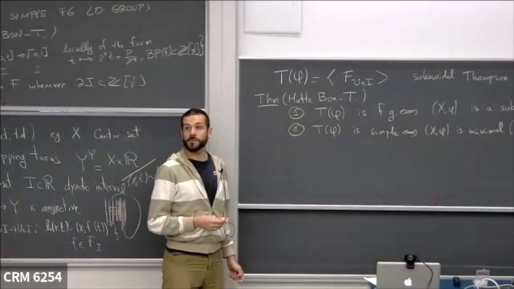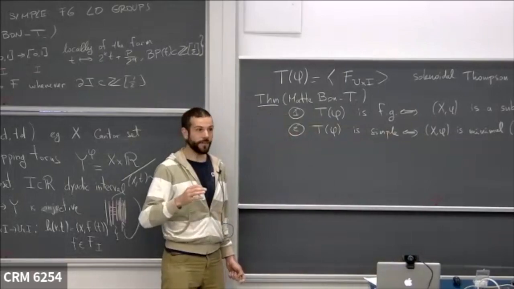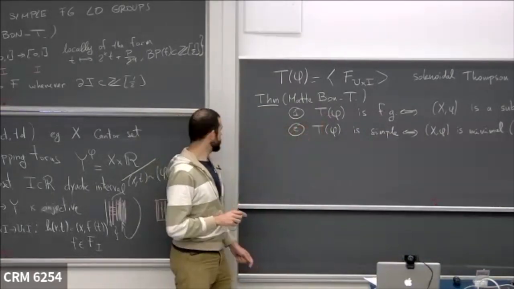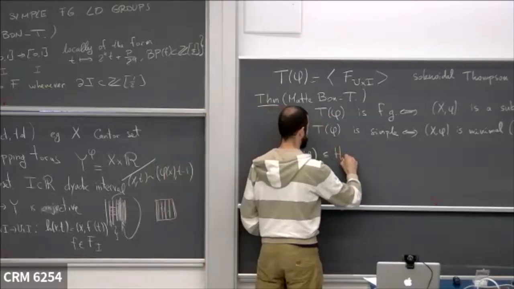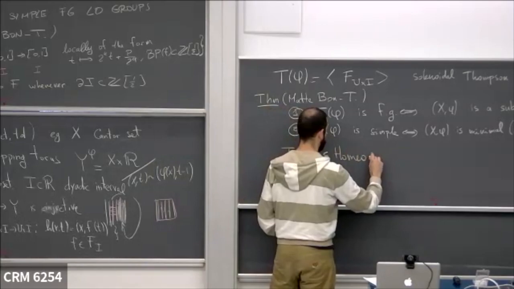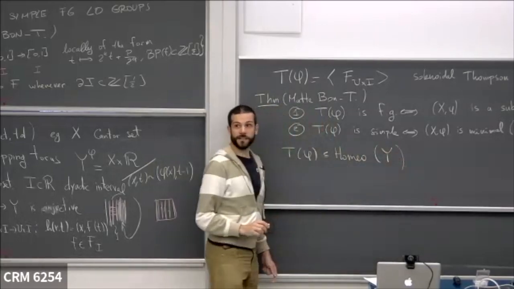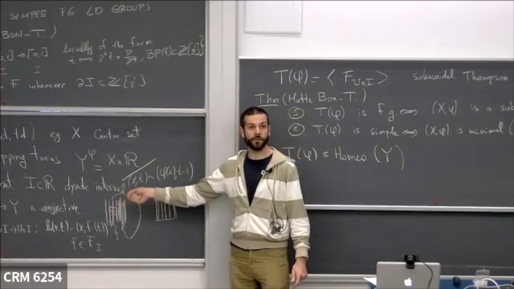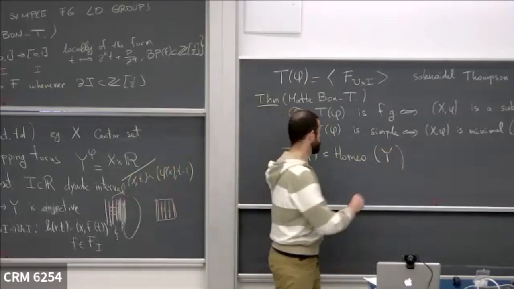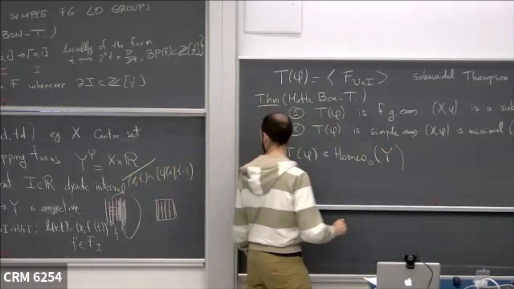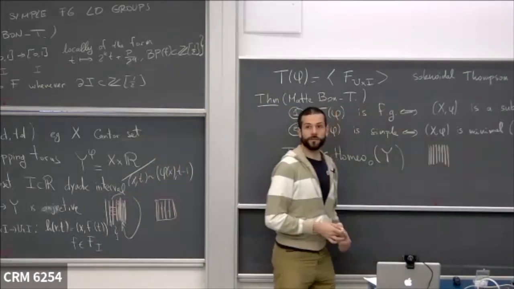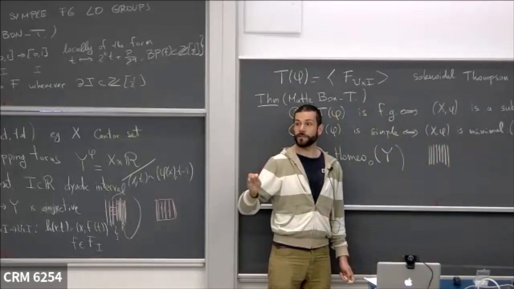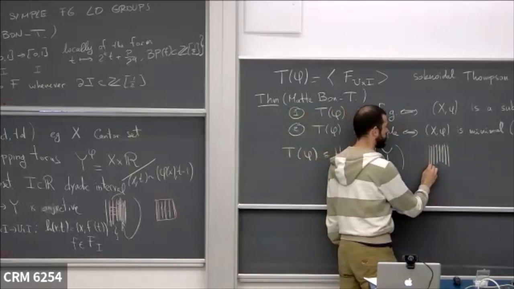And why are these groups left orderable? Well, you have to put some assumption for this on the dynamics of phi. These groups are naturally subgroups of the homeomorphisms of the suspension space Y. And by definition, as I'm defining them with local support, they're isotopic to the identity. And you see, you have this action on this laminated space. As they are isotopic to the identity, they are preserving any leaf. So when you consider one leaf, when you follow it,